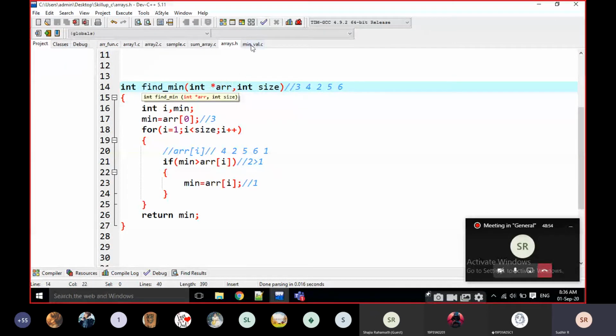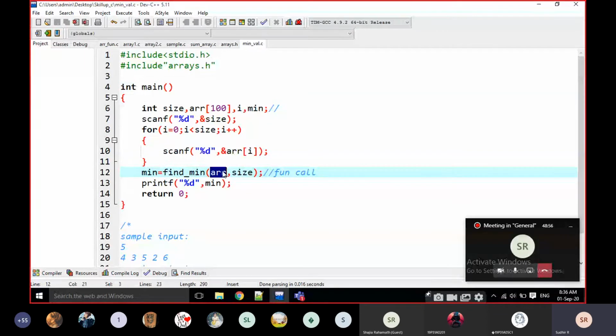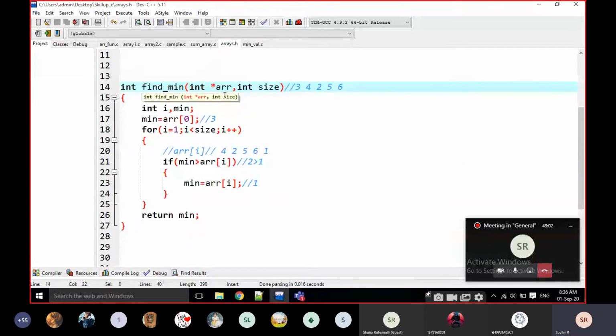Because here I am passing the address of the first variable. Address I am going to hold with what variable? I am going to hold it in the pointer. That is the usage of pointer. That's why I am taking star ARR instead of ARR with brackets. We can take both, no doubt about that, but the usage of that one is very low when we are dealing with programs in interviews.